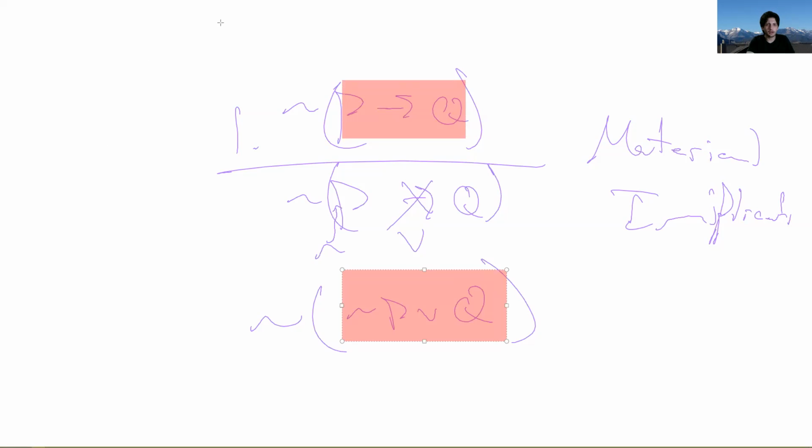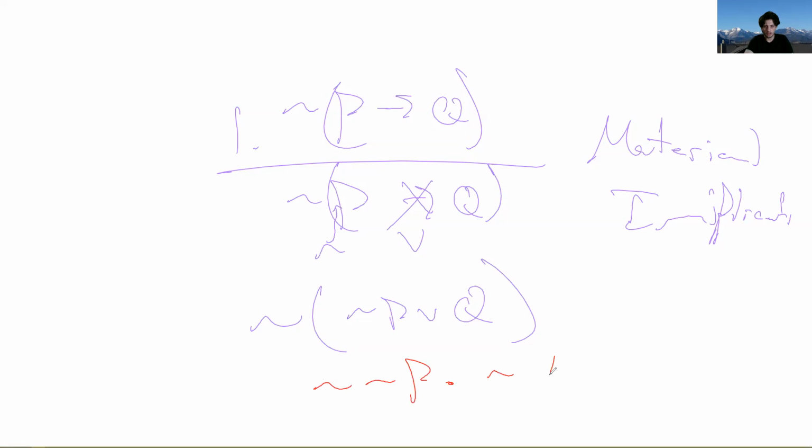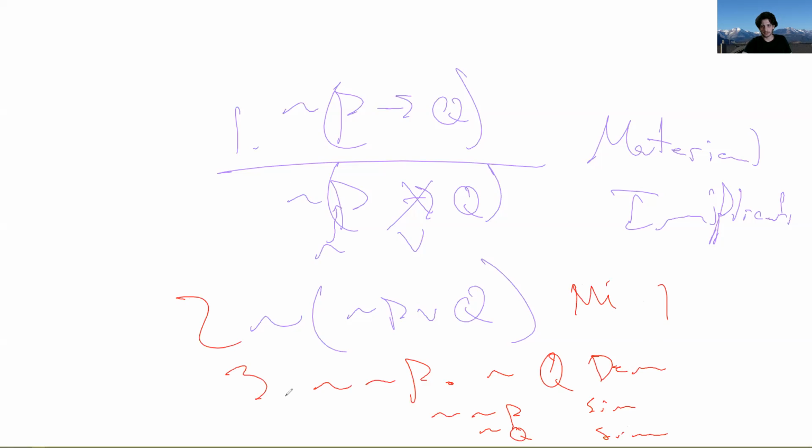And then from there, now that we've swapped them out, I can do what I wanted to do before. Now I can do my favorite rule, De Morgan's. And then from there I can do a simp to get not P, as well as not Q. So these are both simp, that would be a De Morgan's. I'm getting a little sloppy already, which I shouldn't. So this is just an MI from 1. This is a De Morgan's from 2. And then these are both simps from 3,